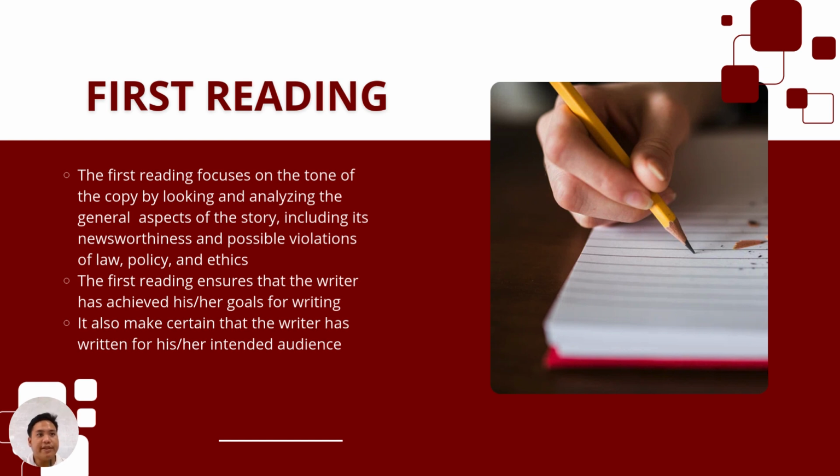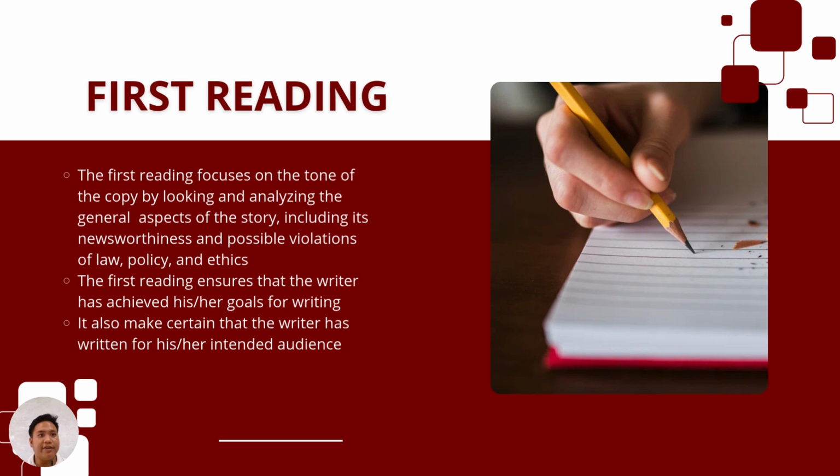The first reading focuses on the tone of the copy by looking at and analyzing the general aspects of the story, including its newsworthiness and possible violations of law, policy, and ethics. Basically, at this stage, the editor looks at the overall tone of the copy. The editor also analyzes the story's general aspects, such as whether it is newsworthy, and if it follows laws, policies,